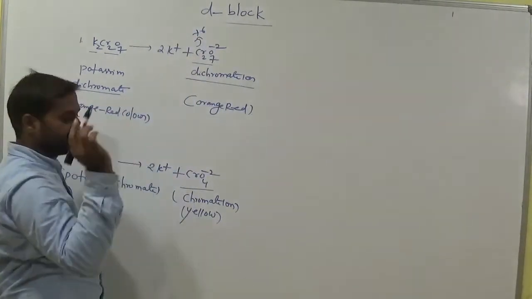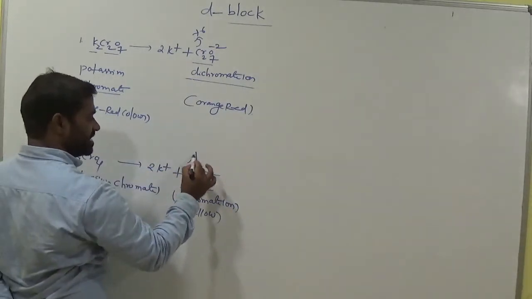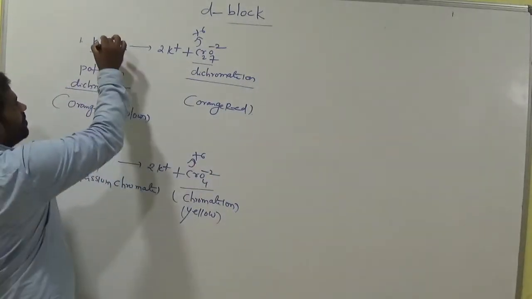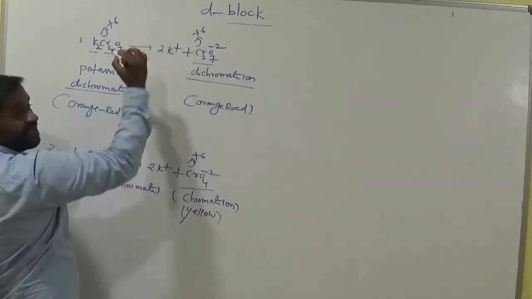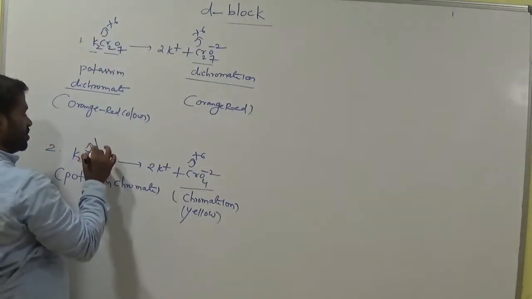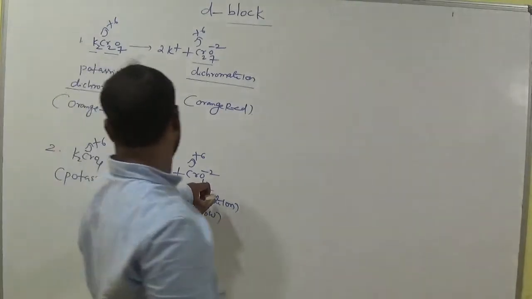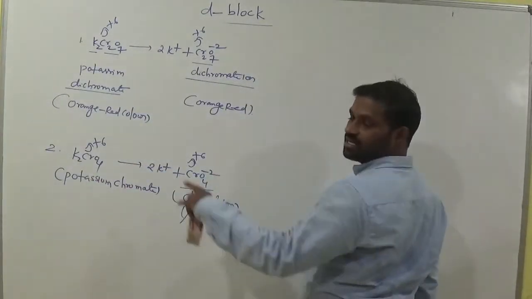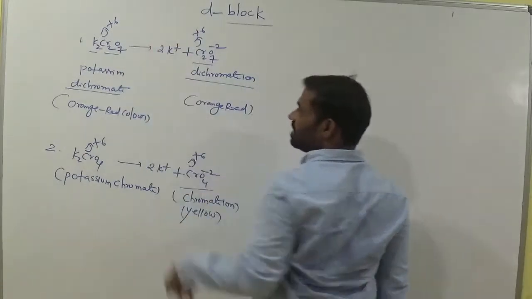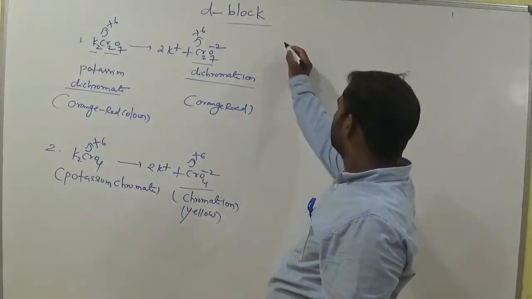Already yesterday we discussed it. Here it is also plus 6. In these compounds, both are the same. What is the oxidation state of chromium in potassium chromate? Plus 6. Already we calculated it yesterday. And the third one is